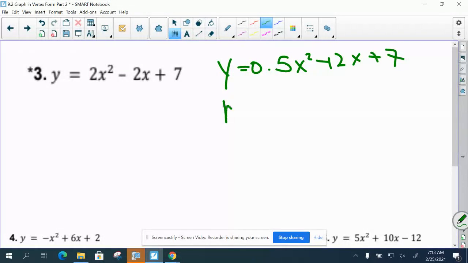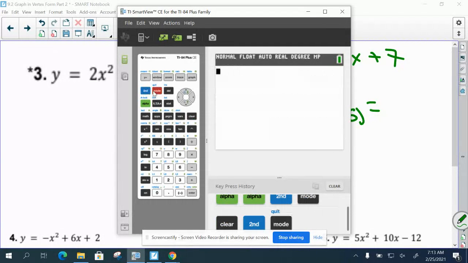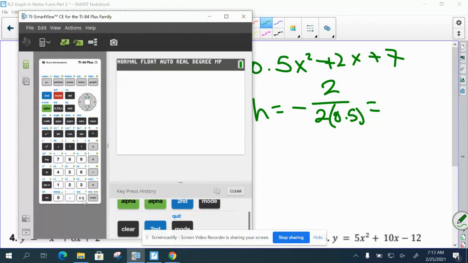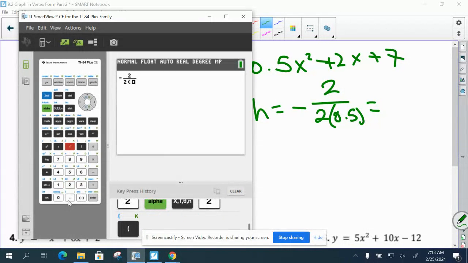So for here, our vertex h equals negative, this is negative 12. Sorry, no, this is supposed to be 2. So negative 2 over 2 times a, which is 0.5. Okay, how do I simplify this? If you don't know what 2 times 0.5 is, you can just plug this into your calculator. So do negative 2, and then fraction button, and then 2 times 0.5